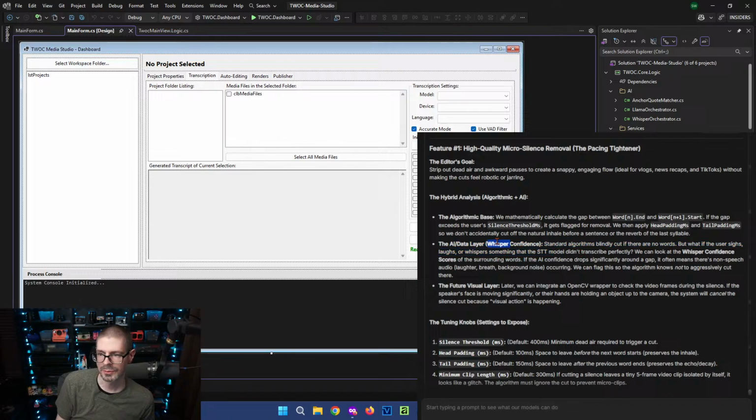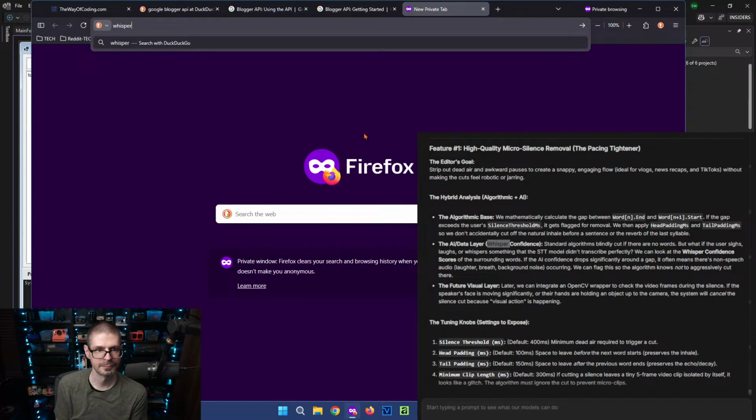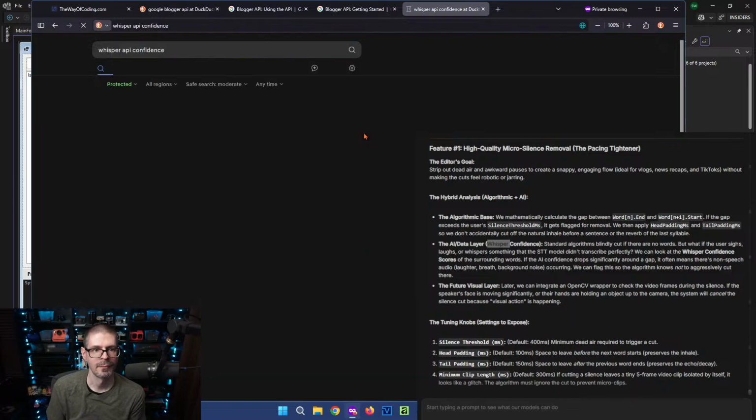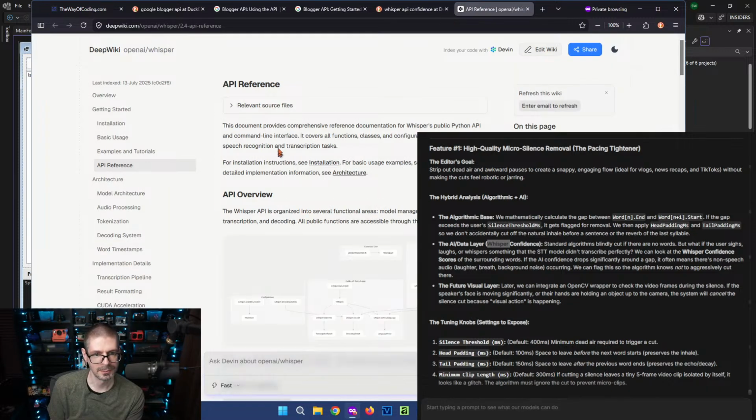So with the Whisper API, we can pull up an example maybe. Yeah, so this is the API reference for OpenAI Whisper.